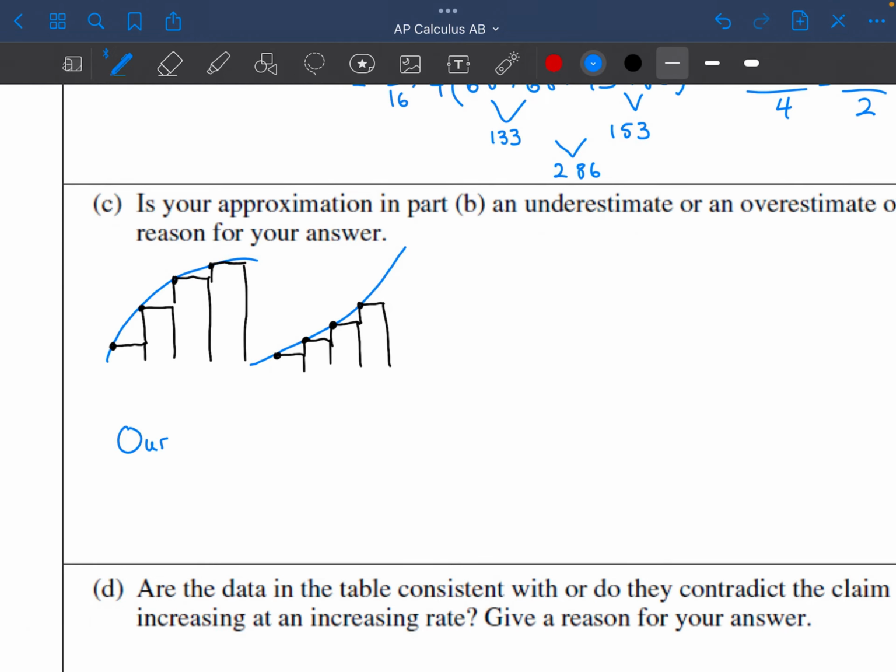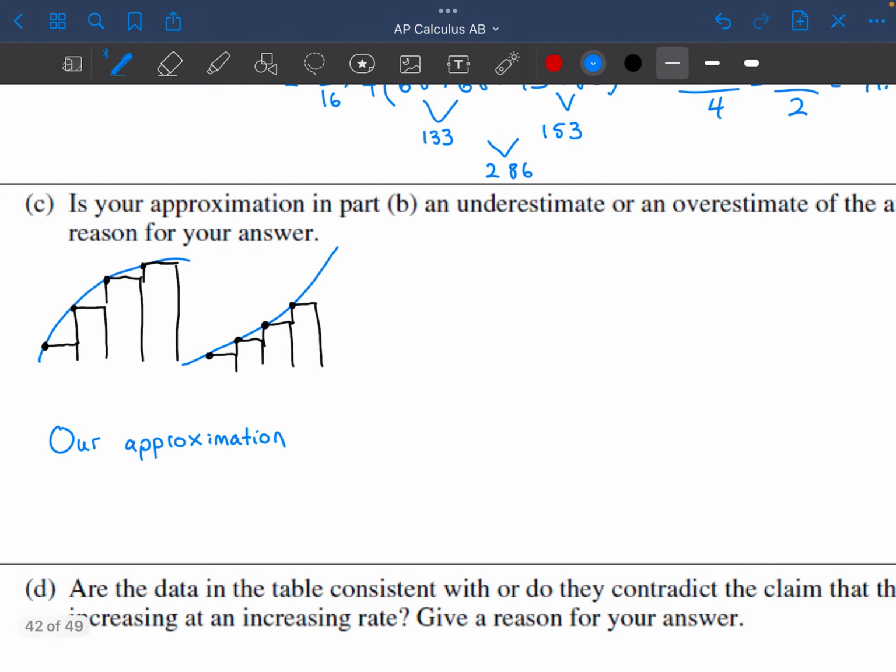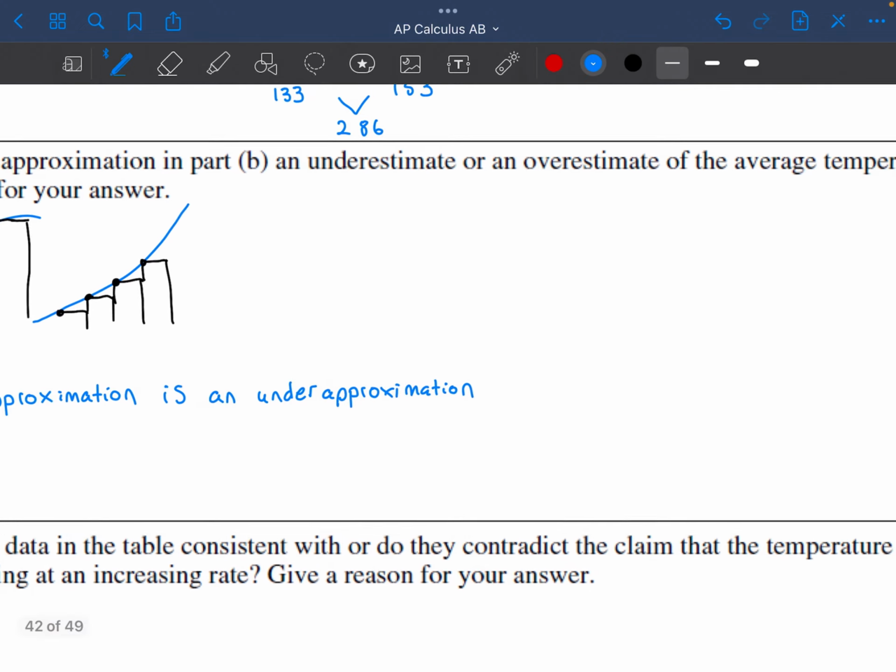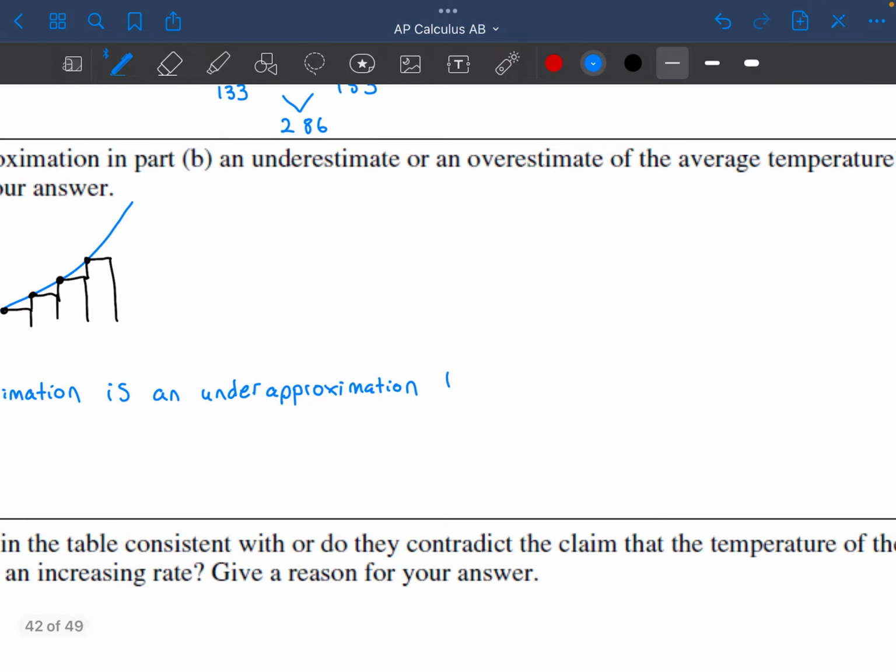We'll say our approximation is... I was just trying to think, are we past tense or present tense? And it's saying "is," so I'm going to just copy down "is an under approximation." And you had to have these two key things because